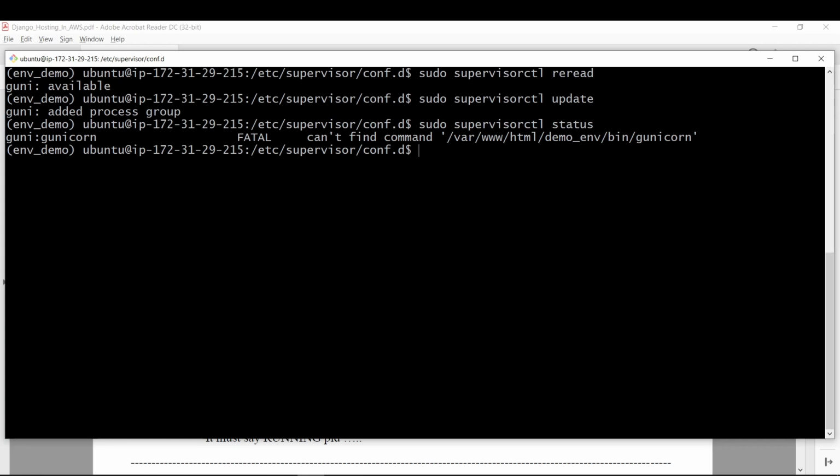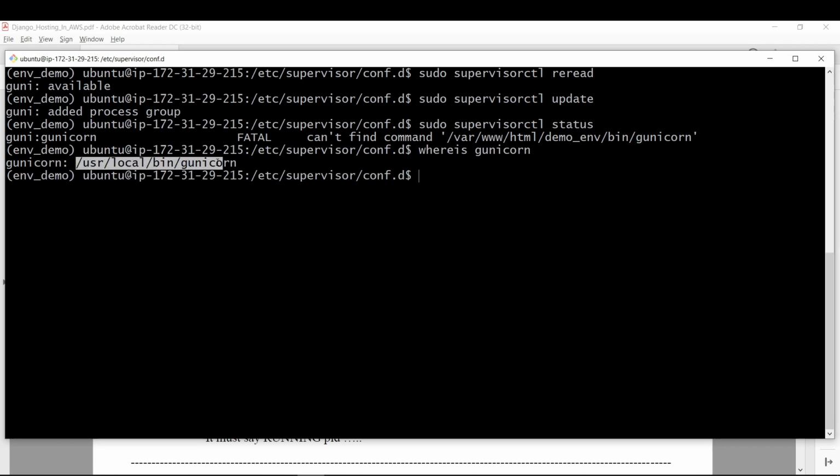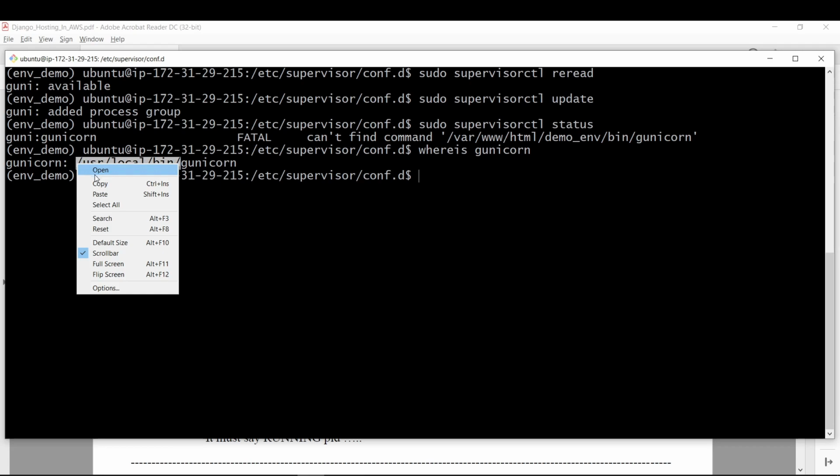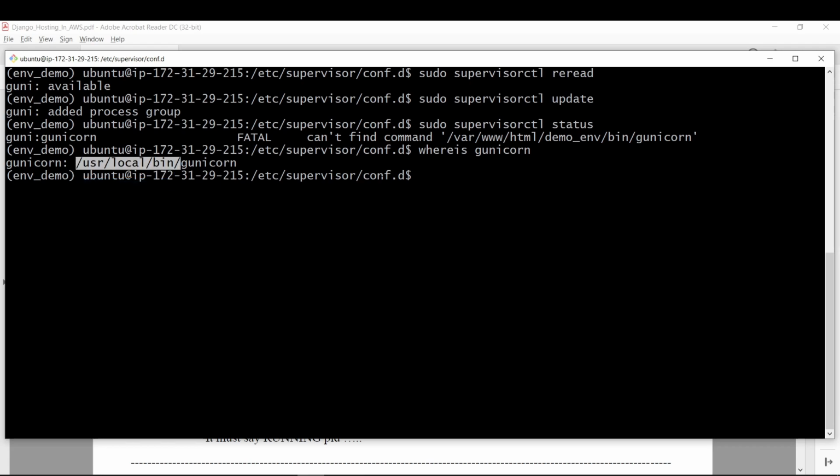It's saying that it cannot find the command. So it might be a problem with gunicorn. Let's see where the gunicorn that we have installed is. Where is gunicorn? Hitting this command, you'll be provided with the directory where gunicorn has been installed. So this is the directory, but let's check what is inside our configuration. Let's copy this.